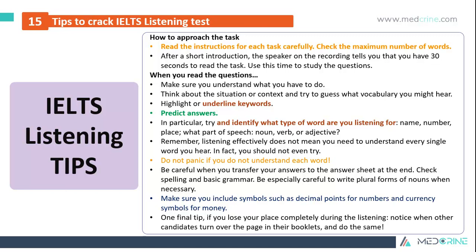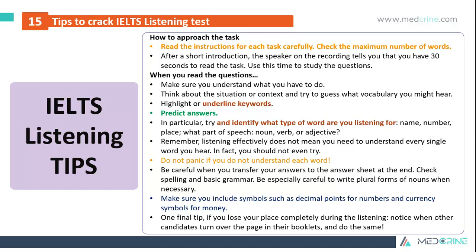And make sure you understand what you have to do. Think about the situation or the context and try to guess what vocabulary you might hear, and underline or highlight keywords. Also predict answers. In this particular test, try and identify what type of word you're listening for, the names, numbers, places, and what part of speech, for example nouns, verbs, and adjectives, because this will help you in predicting